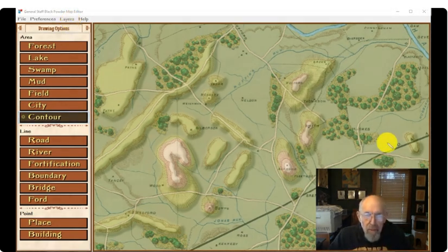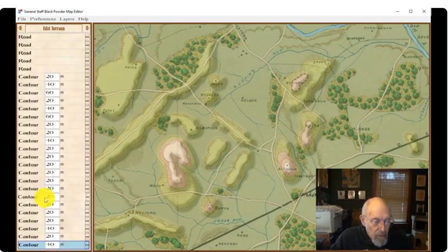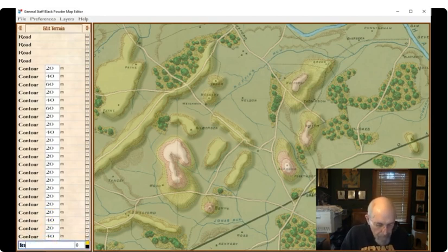I took a quick look at a battlefield map, and some of the places on this map are kind of obvious. Let's start with, we just click on place, and then we can click right here, and that is going to be Brandy Station. So Brandy Station, just type it in, and we're going to say it's worth, I don't know, 25 points. And we click here to see who it belongs to, blue, red, or we're going to use yellow for neutral for the moment. And then that's it. That's all we got to do.